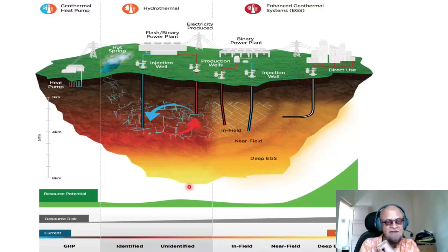Okay, so obviously resource potential is very high for direct use. It's not available everywhere, this is another thing, as we will see in a minute. Resource risk is slightly high here, and this is where the future goes towards deep EGS, where the cost goes up as you go deeper and deeper. If you go a few kilometers, you may always find 150 degrees centigrade, and then you can use an injection well and production well and so on. But you also have